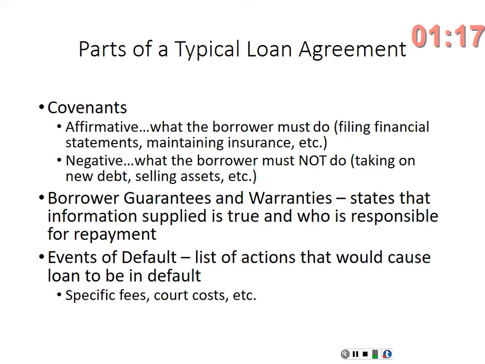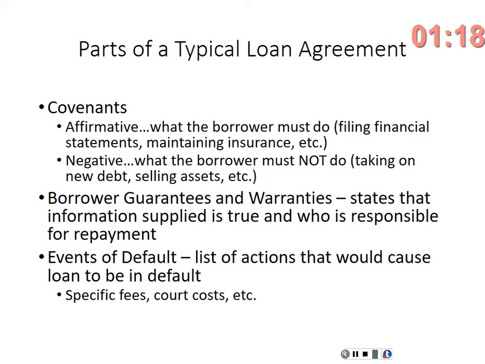So, for example, if you have certain assets as collateral for that loan, you can't sell those assets until you talk to the bank about it and say, okay, well, can I sell these assets? They're part of the collateral for the loan. And the bank's probably going to say, well, yeah, you need to bring some of the money that you're selling them for in to pay down your loan.